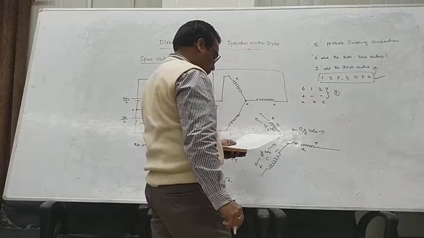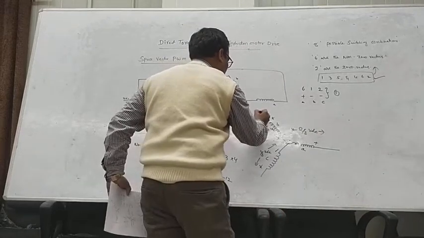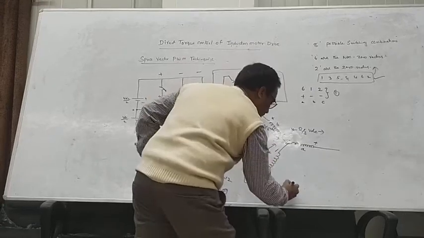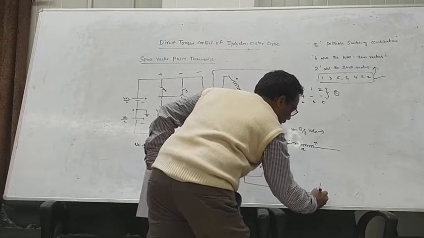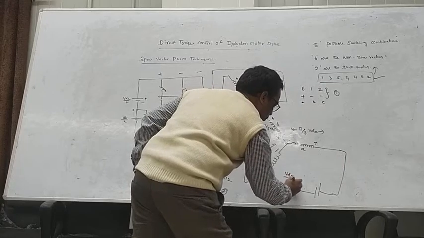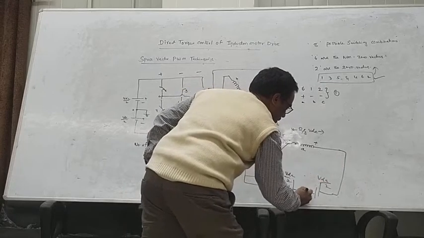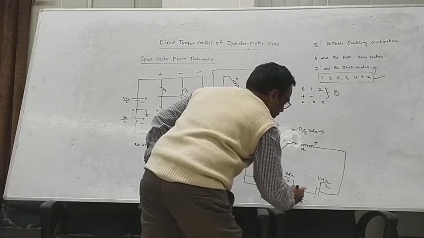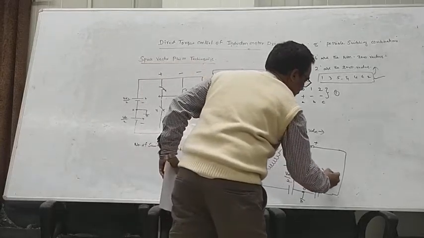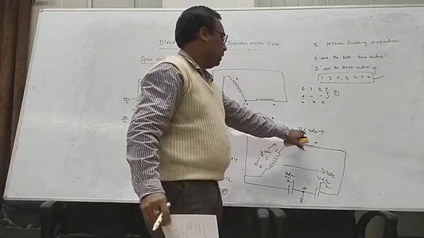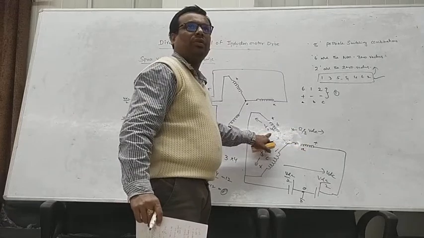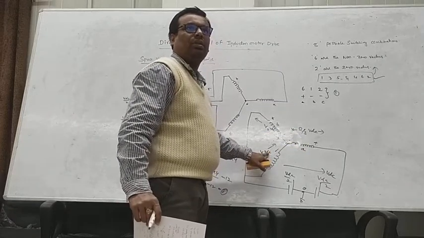So let us see here. These two are short circuited, and this goes to the battery, minus and plus, and again minus and plus. This is connected to this positive. So this is VDC by 2, and this is also VDC by 2, and this is the neutral point, 0 point. The net voltage is VDC. So 2 by 3 times the VDC voltage is going to phase A, and 1 by 3 times the voltage is going to phase B, and 1 by 3 times the voltage is going to phase C.